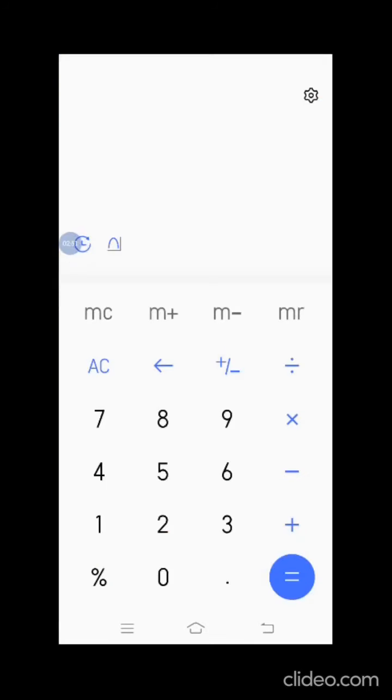So let's take an example. For example, I click on 8 and I store this number into memory by clicking M plus. It is stored into the memory. I click on AC to clear the contents. Now I will call the MR to recall the memory. Now I will click on the MC to clear the memory. Now again I will click on the AC to clear the contents. Now again I click on the MR to retrieve the contents of the memory. Now it is showing 0 because the memory has been cleared using the MC.